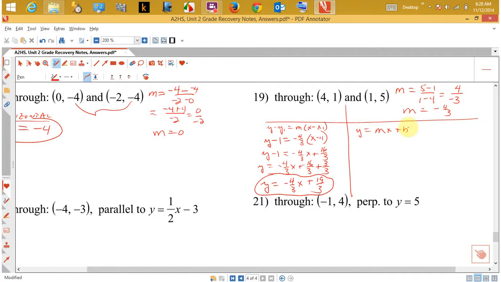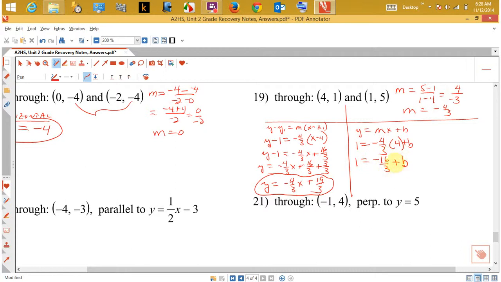And now I'm going to need to find b. So what I'll do is I'll put in one of the points that I know. So I'm just going to use the same point. 1 is equal to, now the slope is a negative 4/3, and the x point would be 4 plus b. So 1 is equal to a negative 4/3 times 4. That would be a negative 16/3